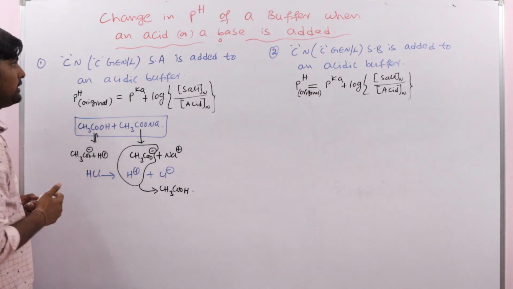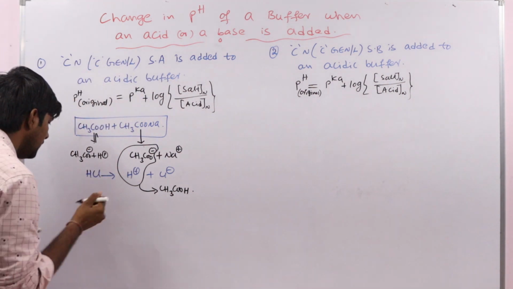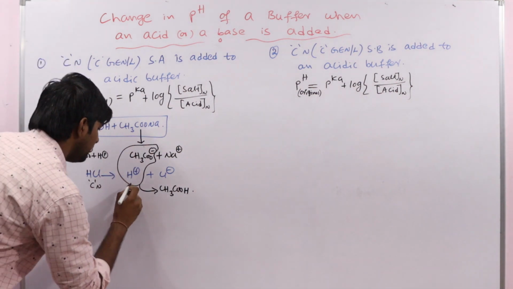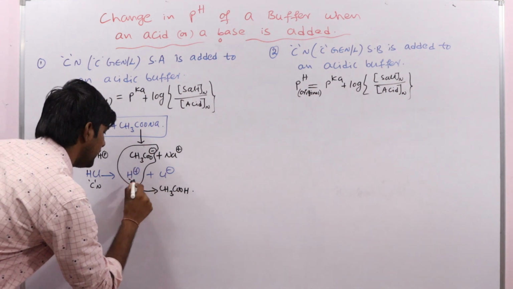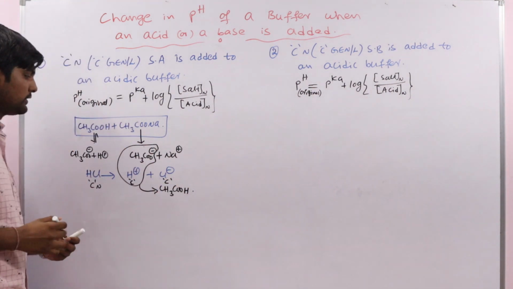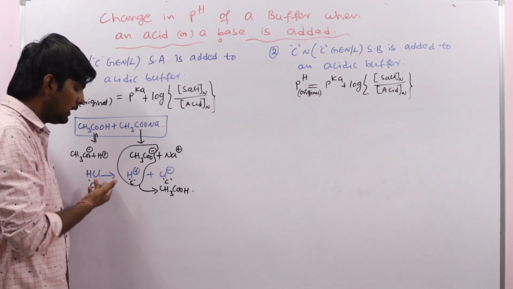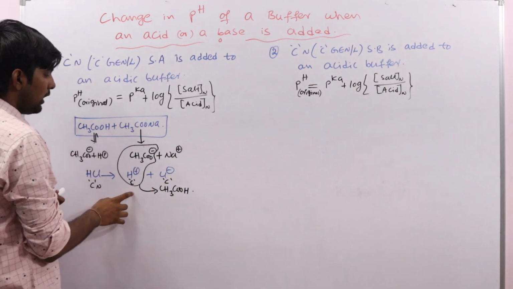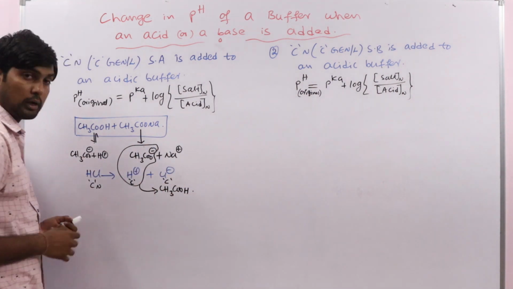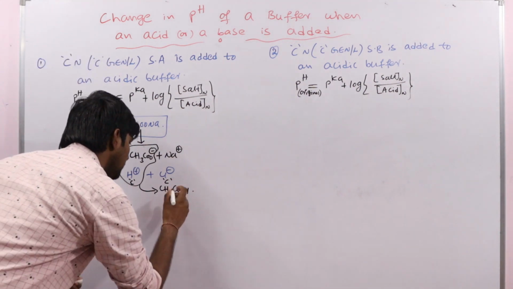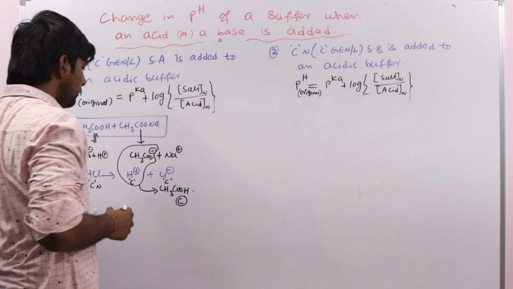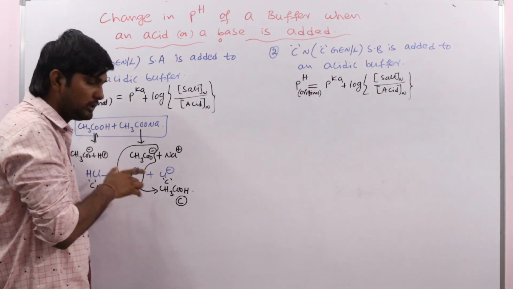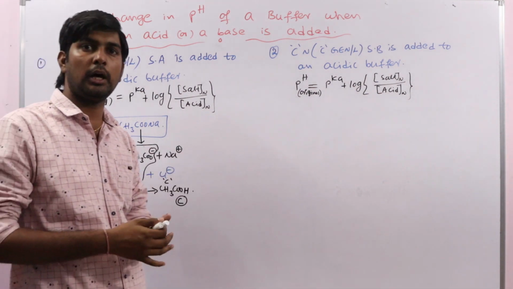How much strong acid we are adding here, we discussed, C normal, yes or no? So C normal of strong acid we have added. So here we get C normal of H plus ions and C normal of Cl minus ions, yes or no? Because it is a strong acid, it undergoes almost complete dissociation. Now how much acetic acid is formed here? C normal of acetic acid is formed. At the same time, C normal of acetate concentration is decreasing in the buffer solution, yes or no?